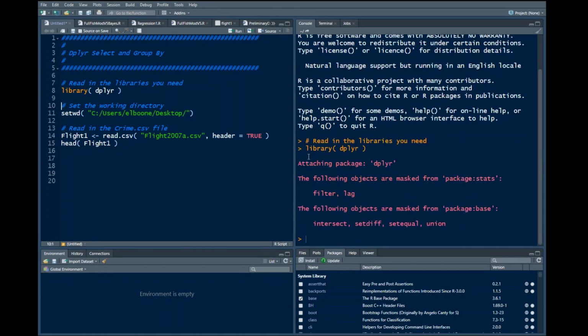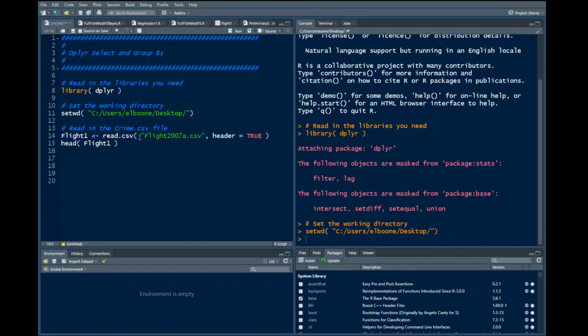And it gives us the normal warnings, not errors, just to let you know what's going on. Again, I'm going to set my working directory. Remember, my working directory is not your working directory. And then I'm going to read in the flight data. And it says crime here because I left it there. But I'm going to put in here the flight